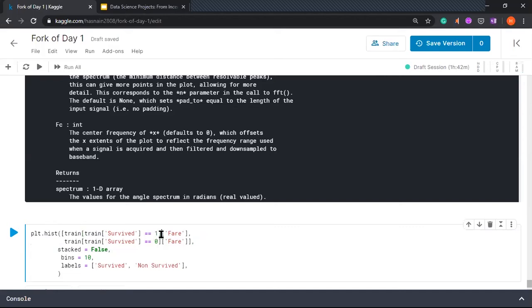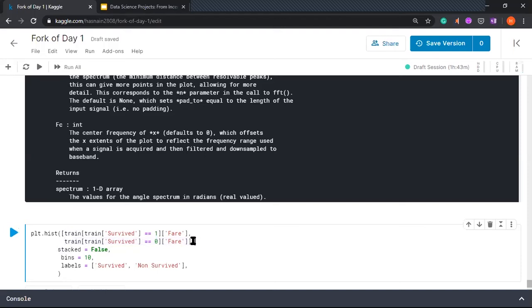This tells matplotlib to consider all the people who have survived, so we'll have the fare of them. The first is telling it to take the fare of people who have survived, and the second is telling it the people who have not survived and what fare they paid for the ticket.